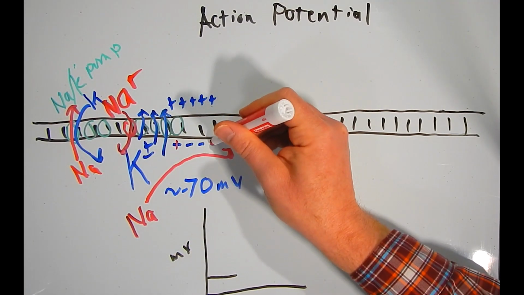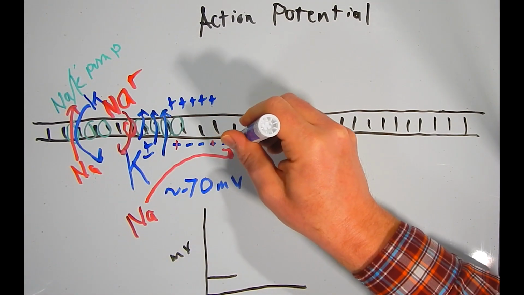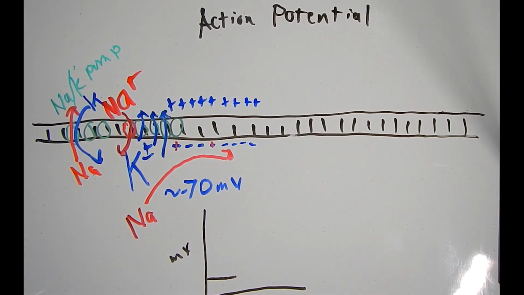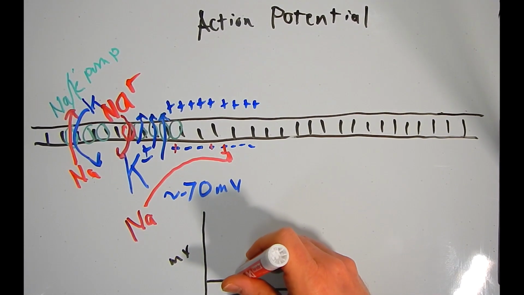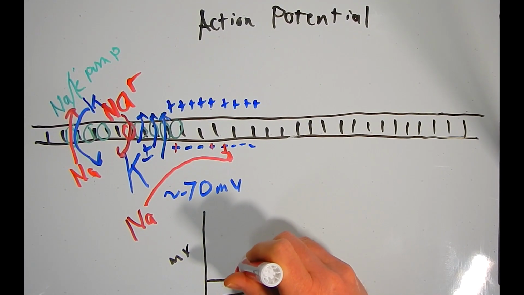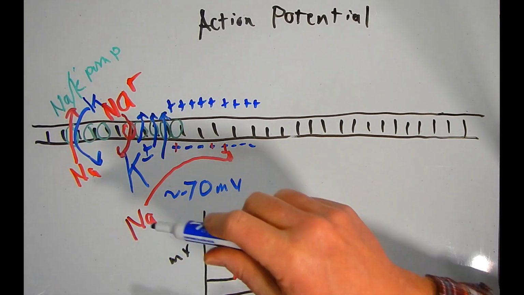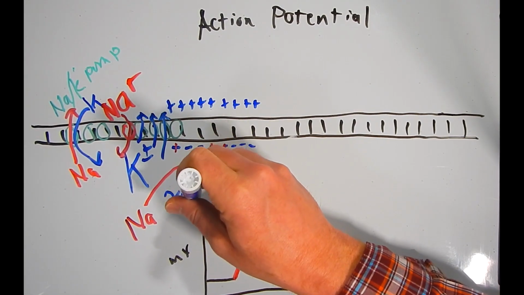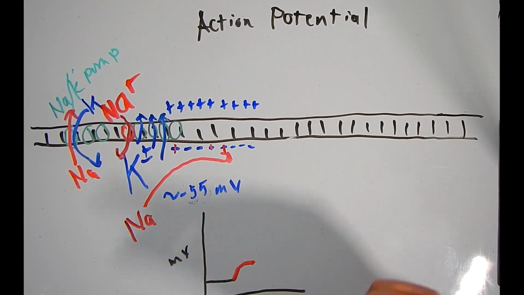As they do that, they begin to cancel out some of these negative charges. As they cancel those out, they create what we refer to as an initial depolarization, or the membrane becomes slightly less polarized. If that happens, that can bring this minus 70 up to minus 55. Minus 55 becomes the threshold potential